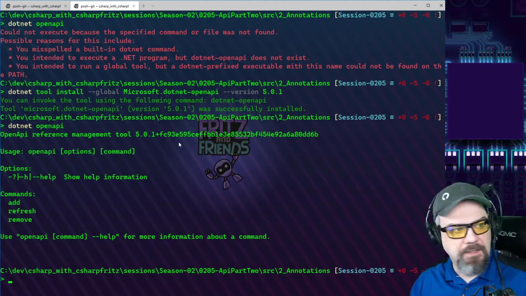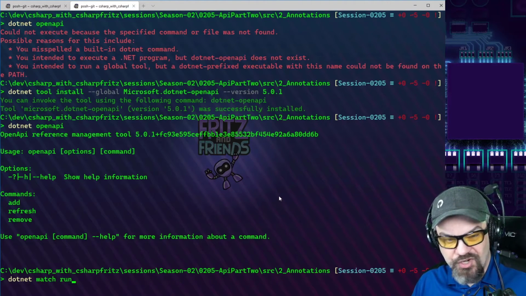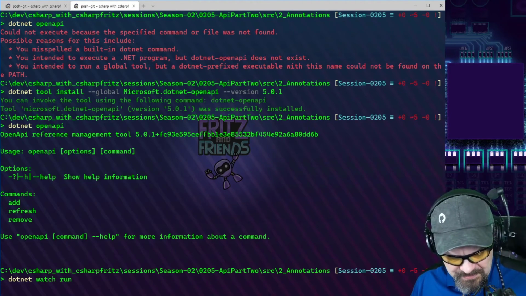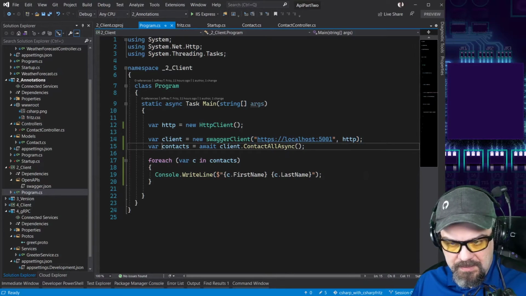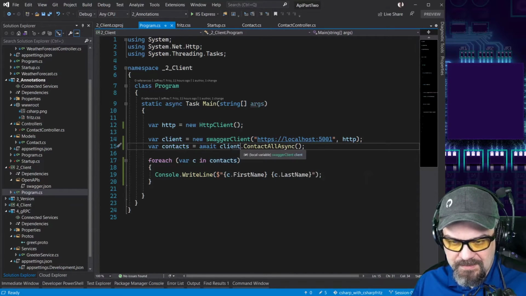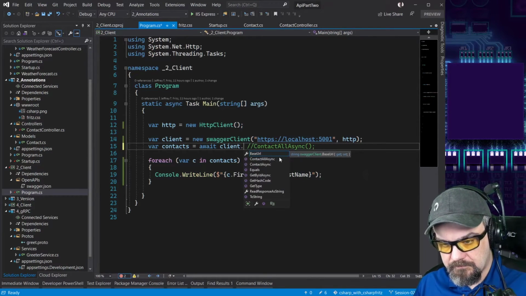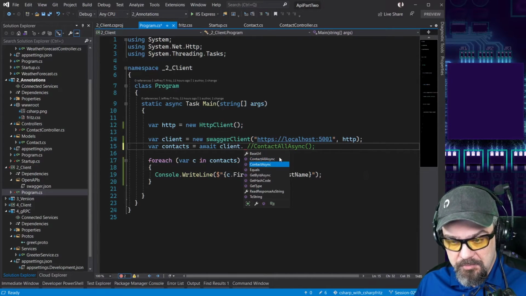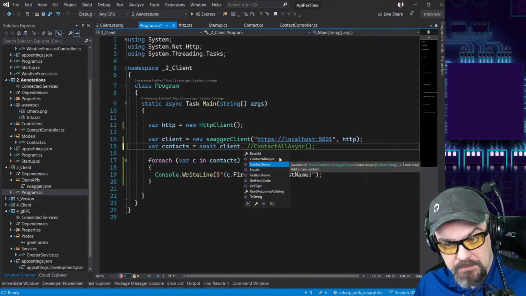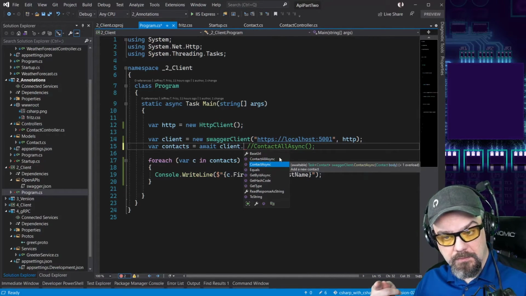So that's pretty cool that I can generate and work with that code. But now that I have that installed and available here, if I look at the client that it generated, I get base URL just like I would for any other HTTP client, but I've now got my methods that I would have had if I was interacting with the